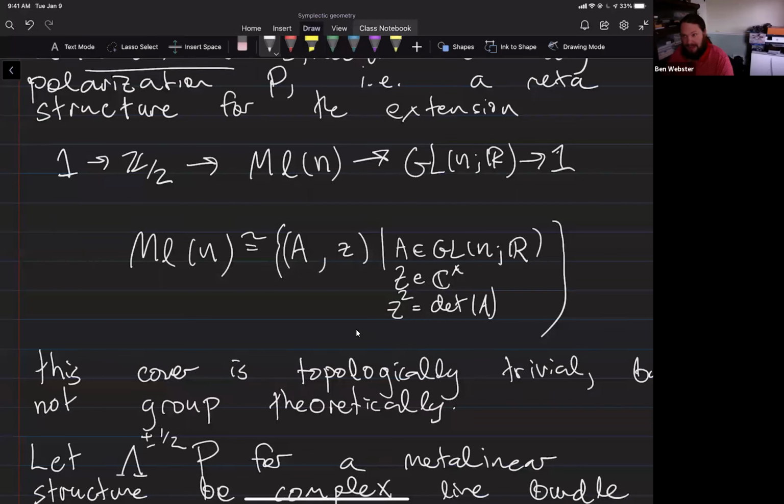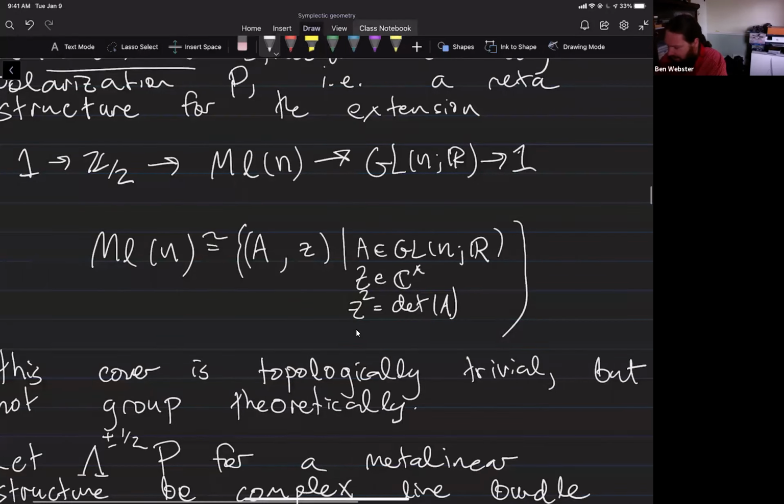If the determinant is negative, z must be a complex number. But you're still getting an interesting group theoretic cover because now, for example, the identity matrix has a fourth root, right? I can look at